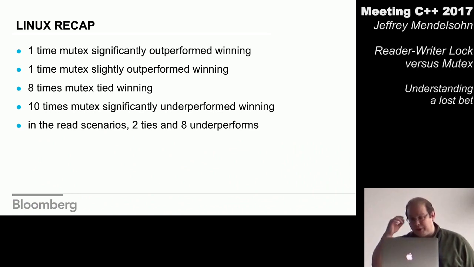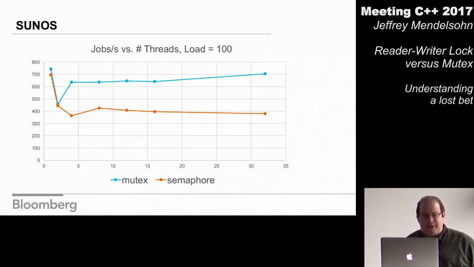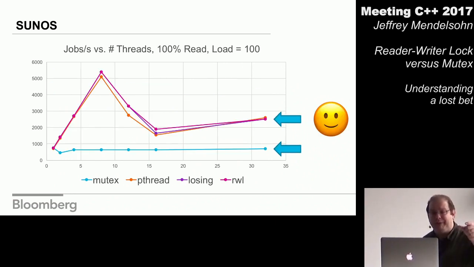So I mentioned earlier there were 2 platforms which had qualitatively and quantitatively different results than Linux. So I want to point out those quickly. I did tests on SUNOS, and having learned my lesson, I started with Mutex and SEMAPHORE, and I showed Mutex outperforms SEMAPHORE on Sun. Yay. Not very interesting. Looking at the locks, we'll focus only on the workload of the size of the bet, about 300 math operations, and we'll reduce the number of slides we're looking at.